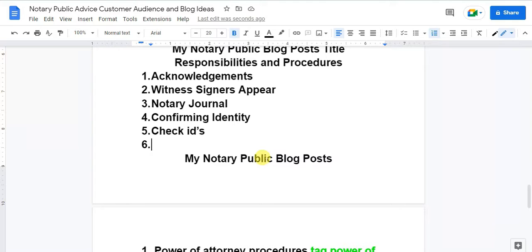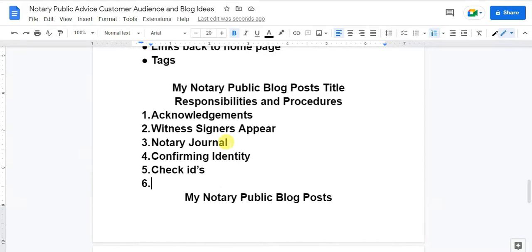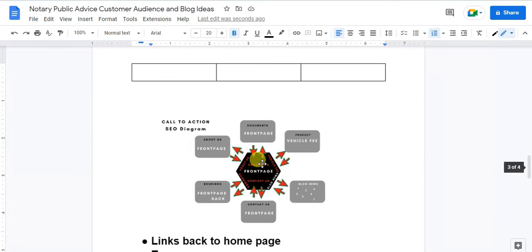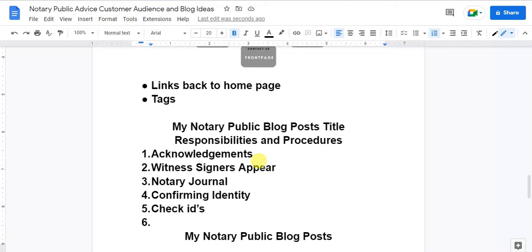To get started as a public notary, most likely you want to be experienced, and you're thinking that you are going to learn through experience. But most likely, if you do your research and you have a good level of education, you're going to know how to perform your job duties as a public notary. So it's important that you have all this information in your website, because, for example,